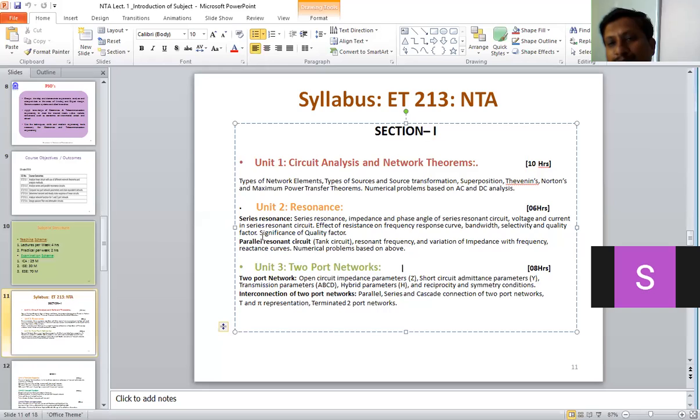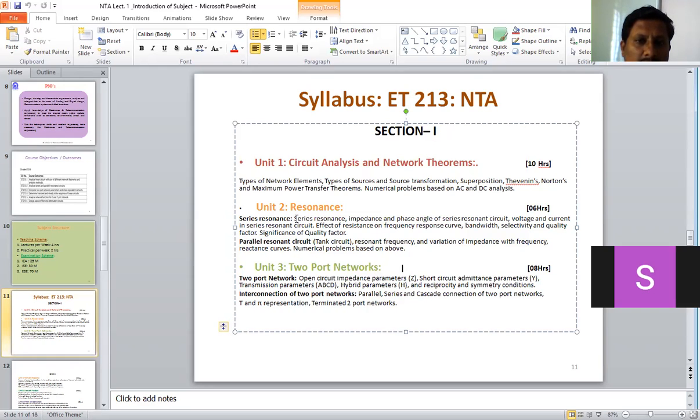So from this chapter, the questions will be based on the theoretical part, that is the derivation, and also on the numerical examples. They give equal weightage to the theoretical questions as well as the numerical examples. There will be a number of formulas, so all formulas we have to remember to solve the numerical examples, and derivations are also important. The important derivations I will tell from time to time, which is important and which is not, but almost all derivations are asked in the university question paper.